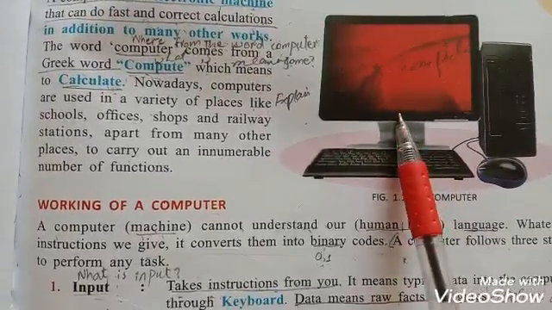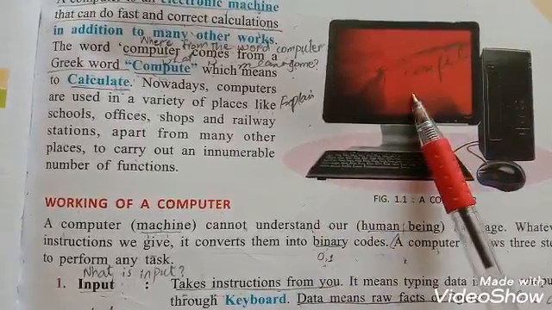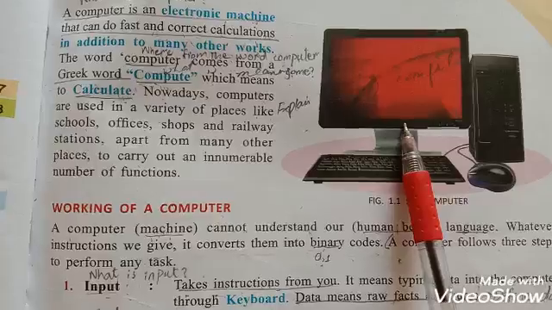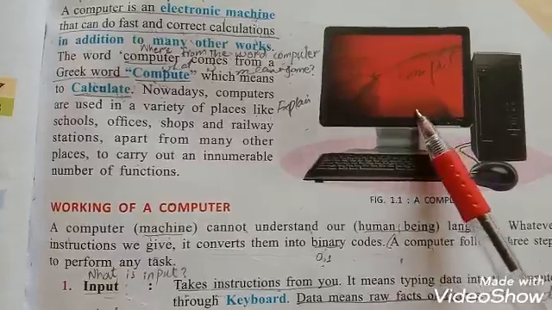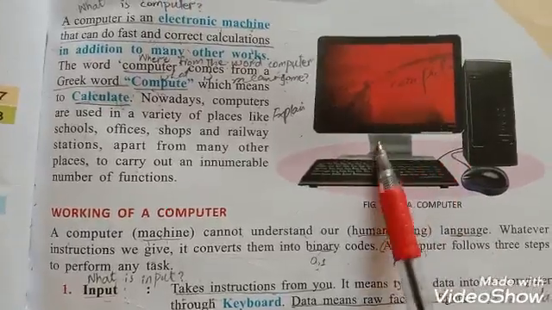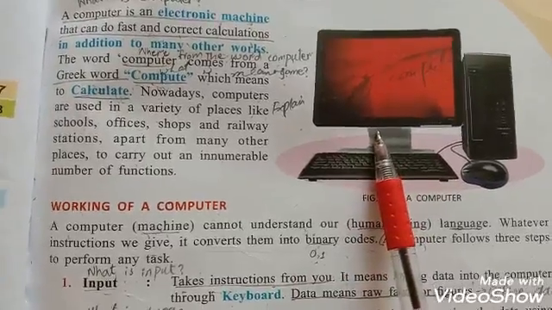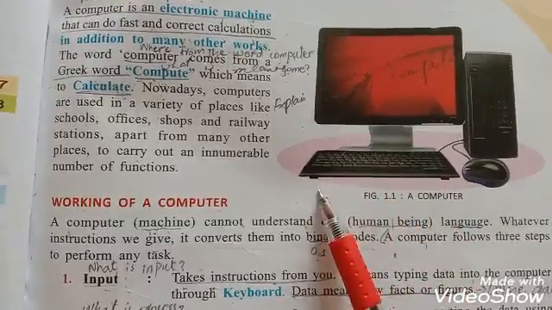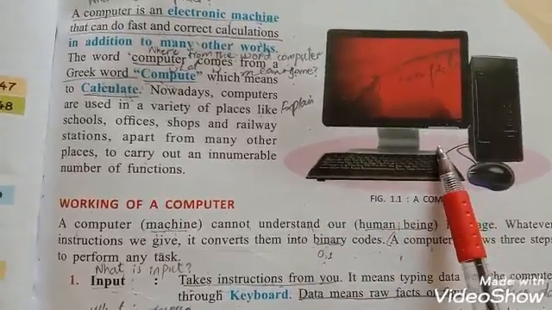And a computer cannot understand a human language because it works according to instructions, and the instructions of a computer are in the form of binary digits, meaning 0 and 1. A computer can only understand instructions written in binary form, and a human cannot understand the instructions of binary language. That's why it converts the instructions of a high level program into a low level program.